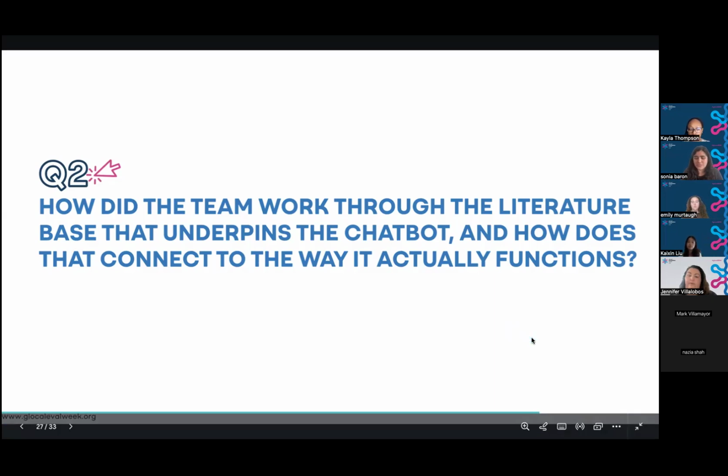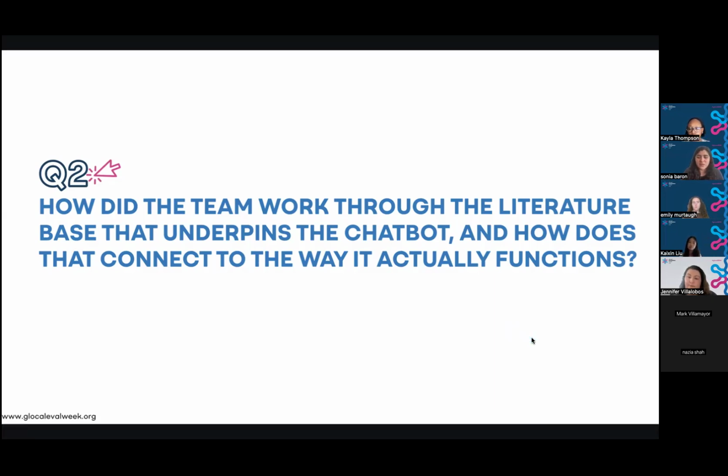But I think this aspect of the literature base was the turning point for us, after we understood how it works. Then we could see this is the underlying mechanism, and if these are the inputs of the program, then we should assess those to see if it's actually working how they would like the chatbot to work, just as we evaluate any other program. Great, perfect. Thanks for expanding on that.